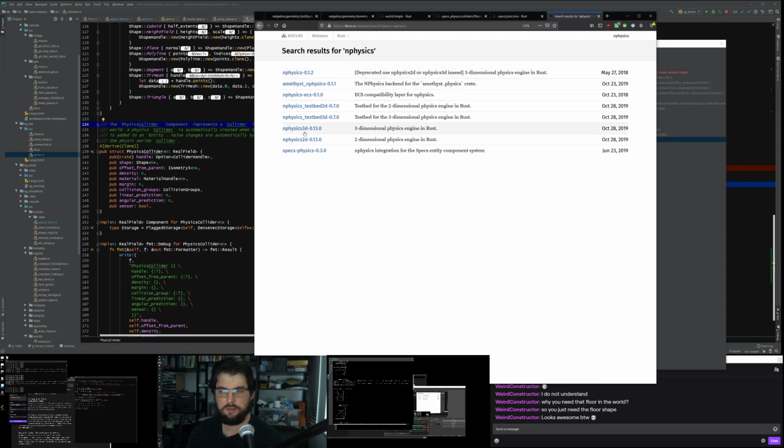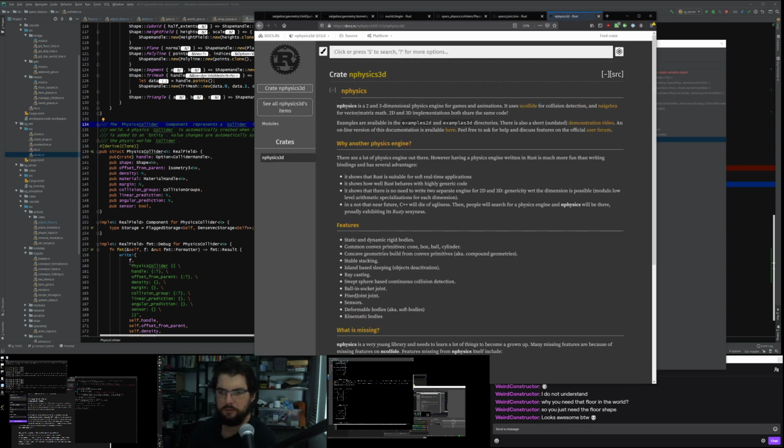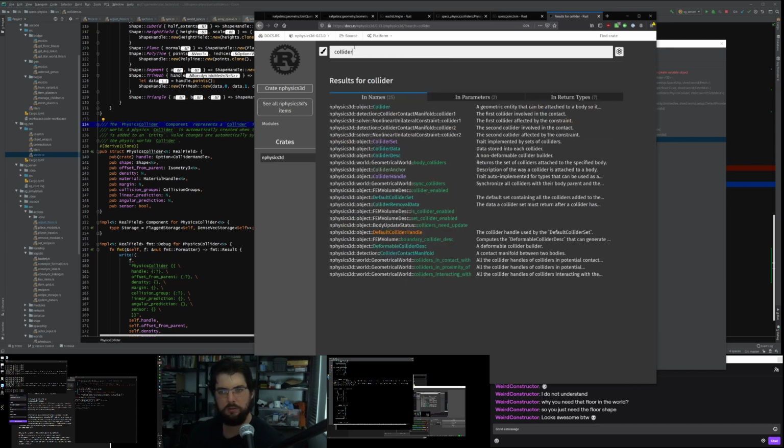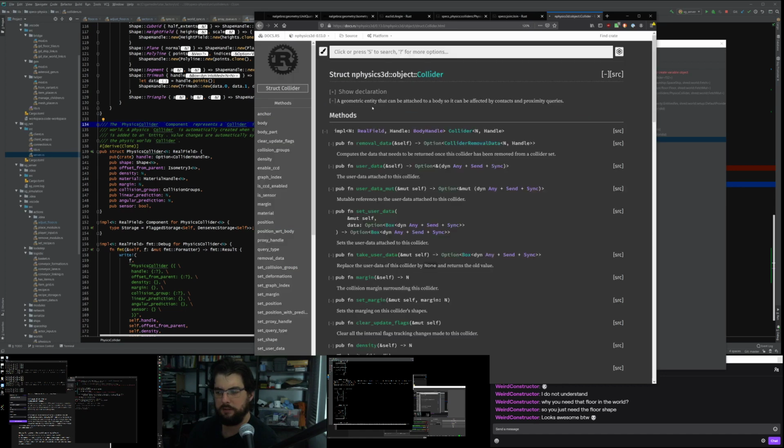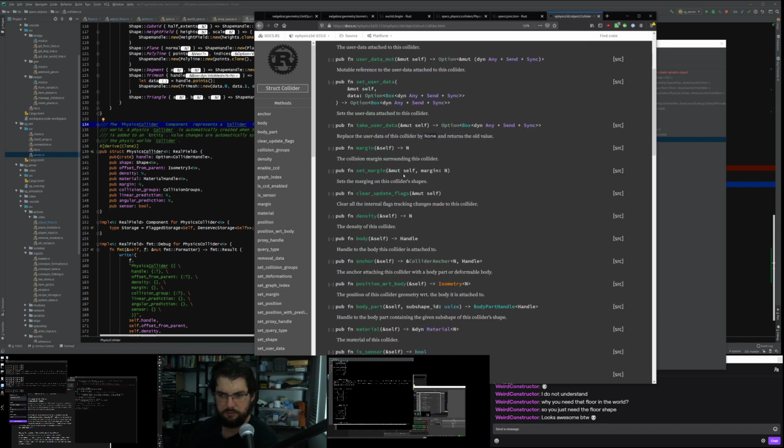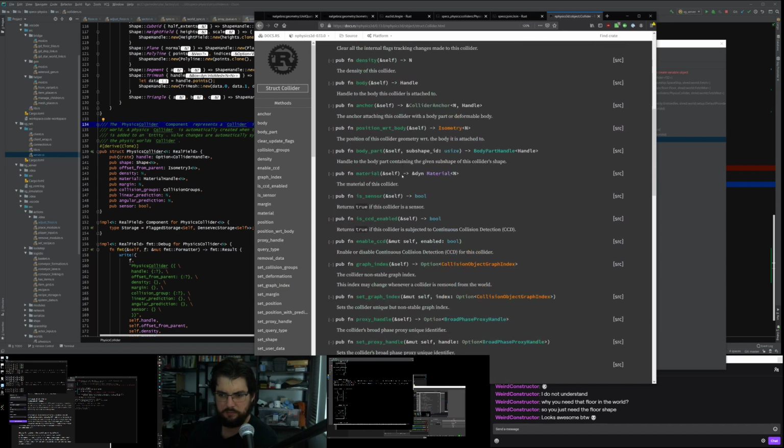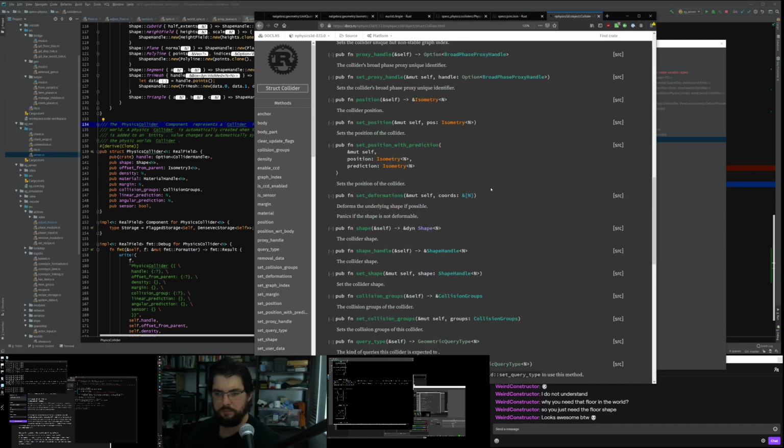InPhysics 3D is the one we want. Now let's have a look and see how colliders work. Object collider. Yeah, user data, removal data, with the collider shape and a shape handle.